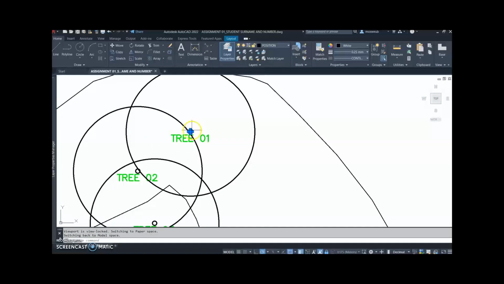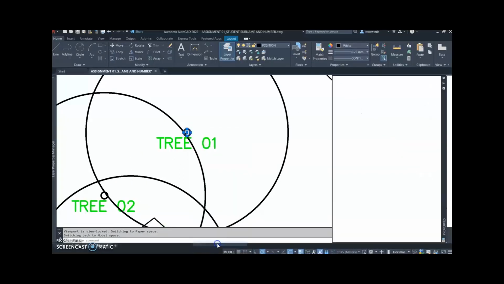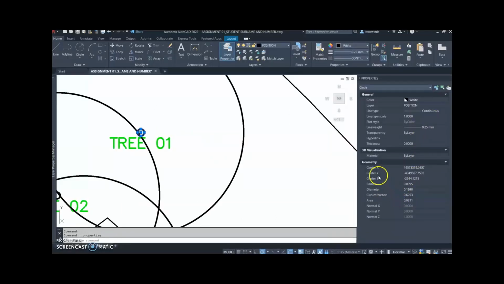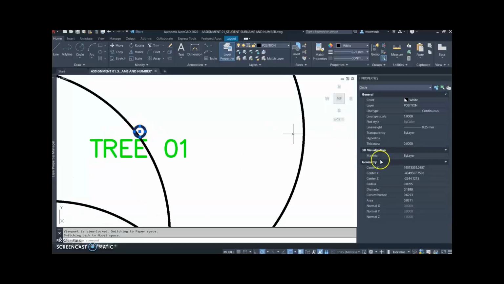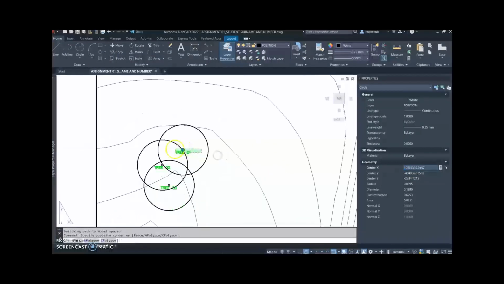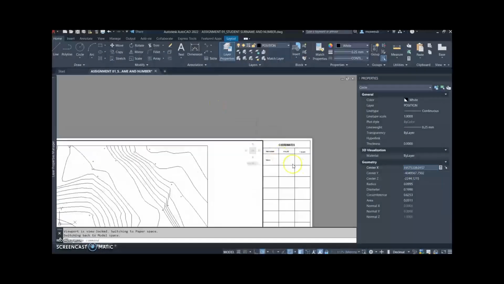So what you can do is double click inside your viewport, then go to the first tree, click on the inner circle, right click and select properties. Now if you scroll down to geometry, you will see there's a center X and a center Y value. That refers to the center of that particular circle, and that gives you the X coordinate value. So you can select that in your properties bar with your circle still selected, hit Control C on your keyboard to copy the X coordinate,